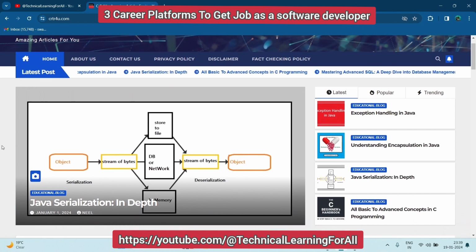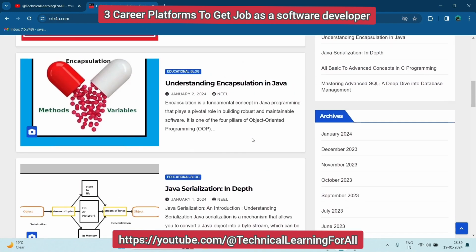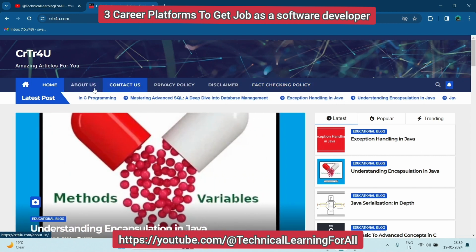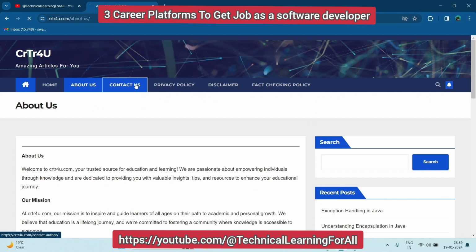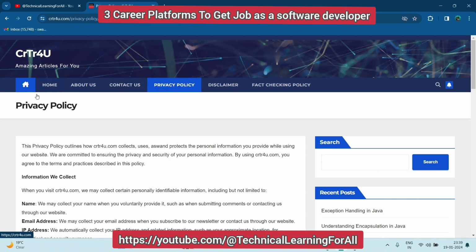Every application has a UI, which means the user interface. On this user interface, we have different options: About Us, Contact Us, Privacy Policy. These are the web pages on my web application.